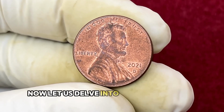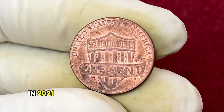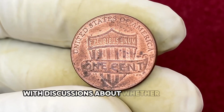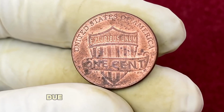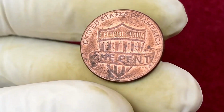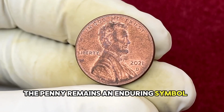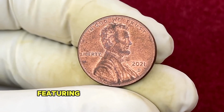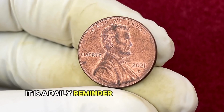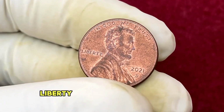Now let us delve into the economic and cultural role of the penny. In 2021, the debate around the future of the 1-cent coin continued, with discussions about whether to retire the denomination due to rising production costs and its declining purchasing power. Yet despite these concerns, the penny remains an enduring symbol of American heritage, featuring one of the most beloved presidents in U.S. history. It is a daily reminder of Lincoln's legacy and the ideals of unity, liberty, and perseverance that